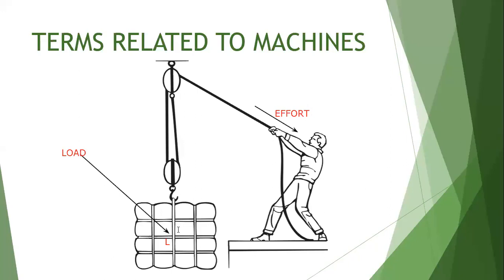You can quickly draw a diagram for this, not exactly the same way, but a general diagram, so that you can understand what is load and what is effort. The box which has to be lifted is the load, and the force this fellow applies to pull it up is the effort. In this case, the effort he is applying is less than the load. That's why he's able to do it. Otherwise, it's not possible for anyone to lift this.